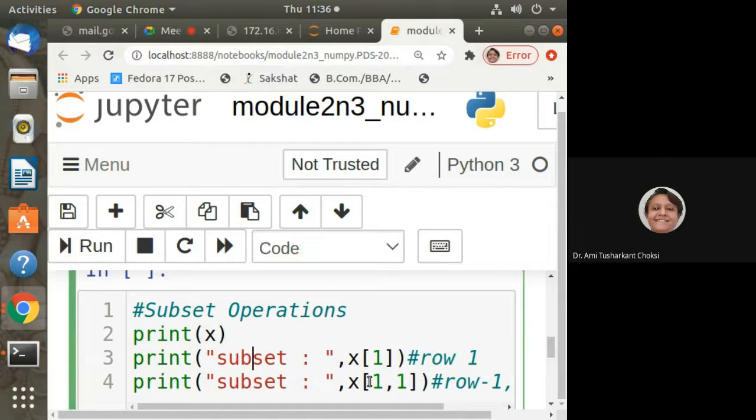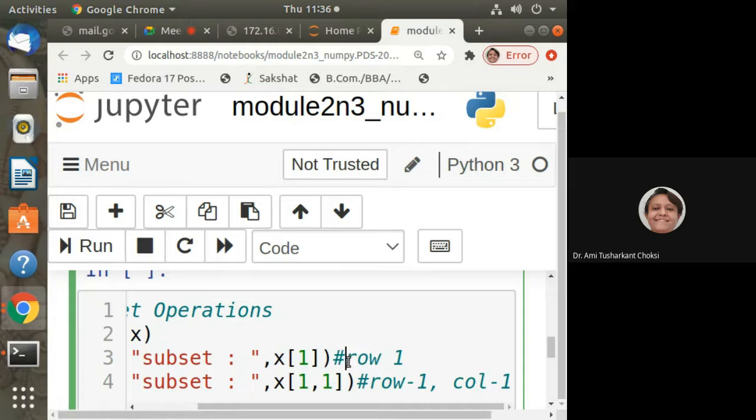Now, let us take the example. Print x, then x of 1. That means what? Only row 1. Fine. Next I am giving it as 1, 1. What does that mean? Row 1 and column 1. You can see here colon and the other value is not given. Fine, no issue. If it is not specified, then it will consider all the columns.